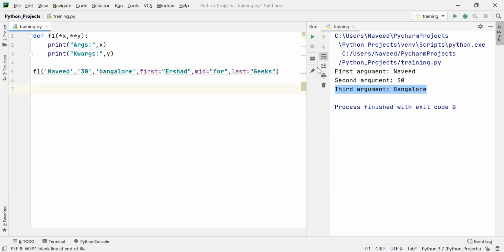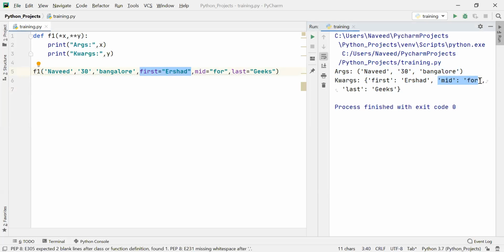Let me see if this works or not. Yes, it works. You can see the args value is taking Naveed, 30 and Bangalore, and the kwargs value is taking first as Irshad, then for mid it is taking 4, and for last it is taking geeks. So in this way also you can pass values to your function definition.